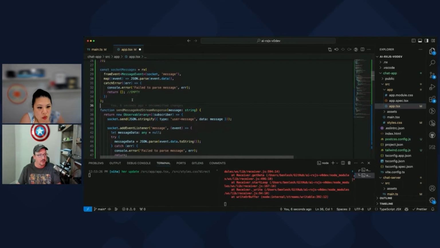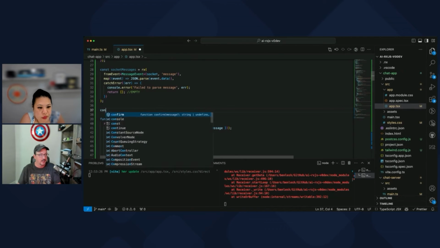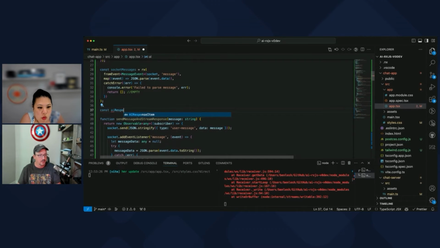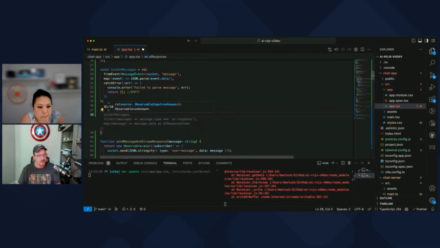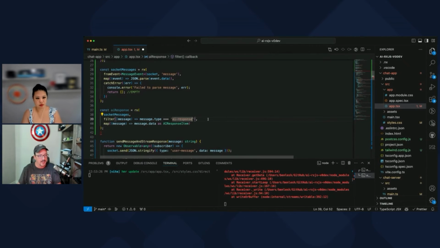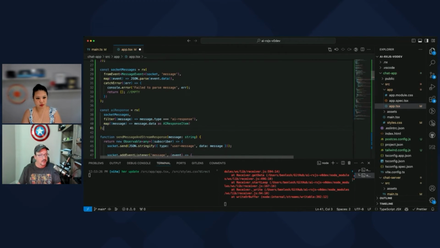All right, so then from there we need AI response, which is going to come from socket messages. We filter it to AI response, but that's not all we really need to do. We only care about the ones that are AI response, and if we get one that's AI response done, then kill it. I guess we could change the contract a little bit to have a done thing we check.